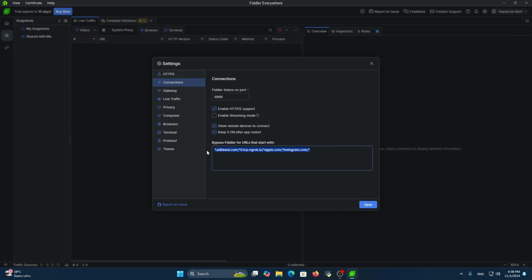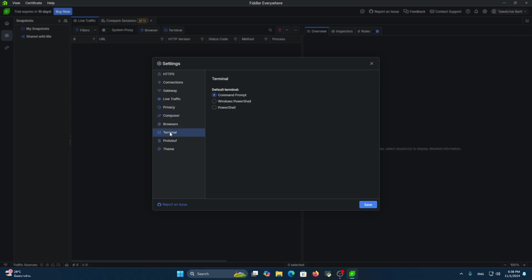And these are the URLs, meaning if Google.com, Instagram.com, Apple, or any enterprise website doesn't trust our certificate, we can actually add a bypass rule to bypass that and capture HTTPS TLS traffic. For this case, I will not write Google.com, to show you guys what I mean. First of all, the gateway and all of that is not that important. We'll talk about it later. So now if we save it